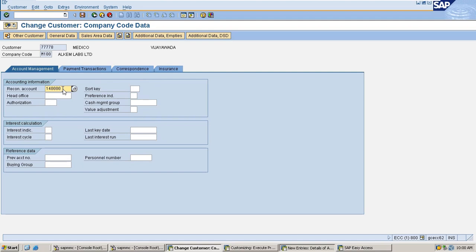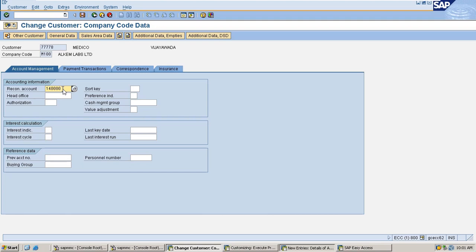Before that, you should come to know what exactly this reconciliation account is. It is the GL account which will help to accumulate the total outstandings of the customer. When we are creating the invoice in SAP, the system generates an accounting entry, right? And the accounting entry is customer account debit to revenue account credit.